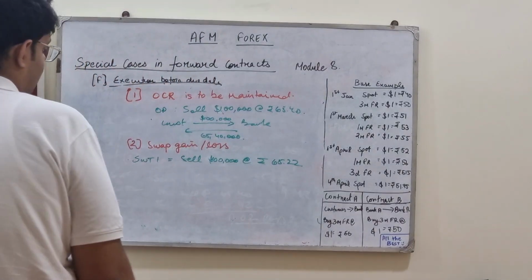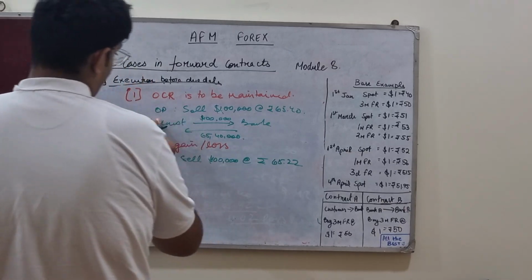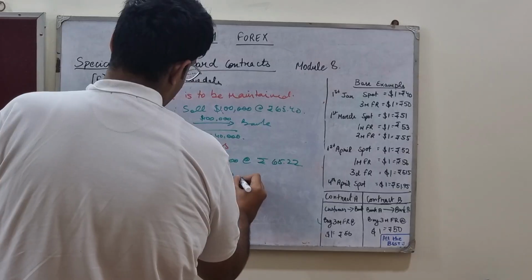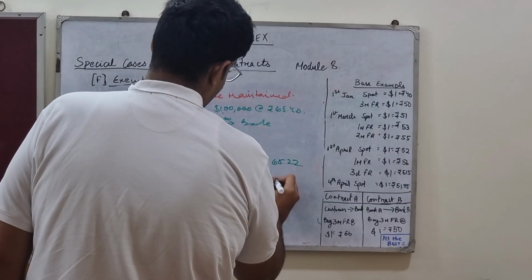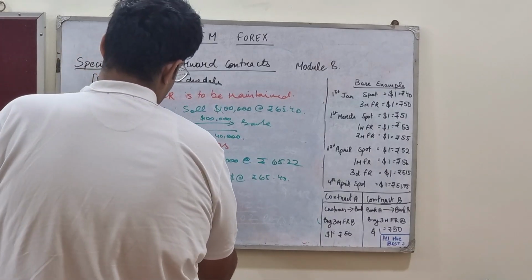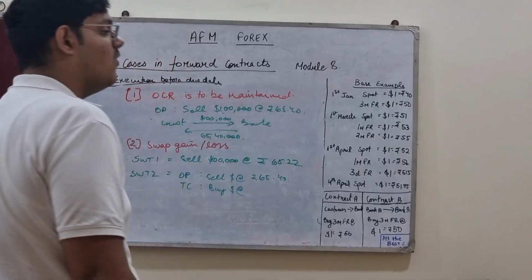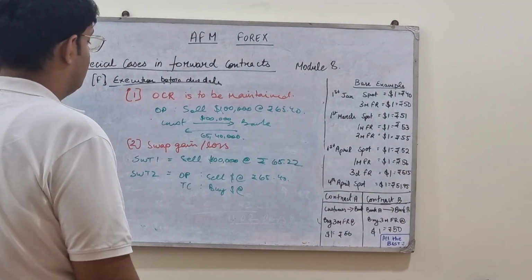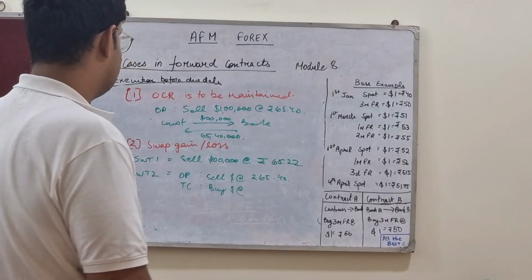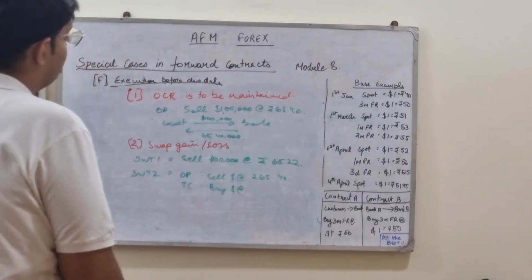Okay, and swap transaction 2 is equal to, now I need to reverse the original position. So the original position is sell dollar at rupees 6540, but this is on 31st March, so I need to cancel it with a buy dollar at the rate of 31st December, the rate of the forward contract with the expiry on the due date 31st December quoted on 28th November, that is